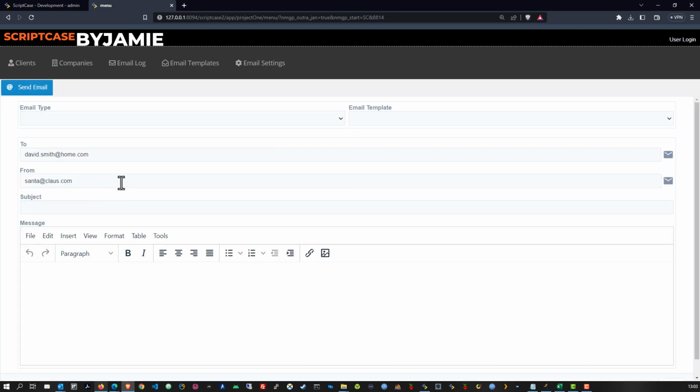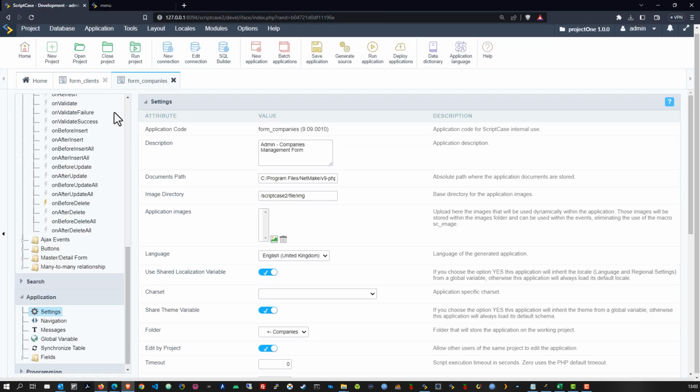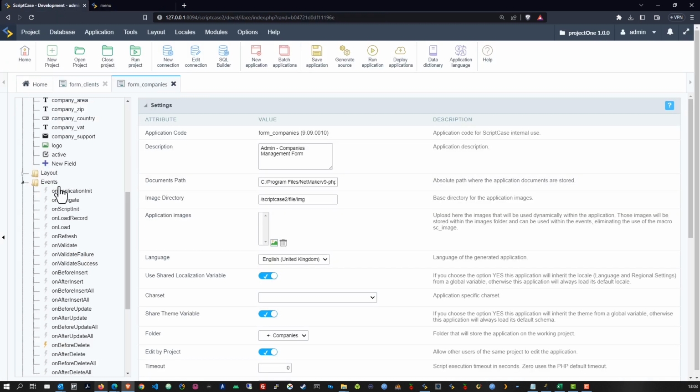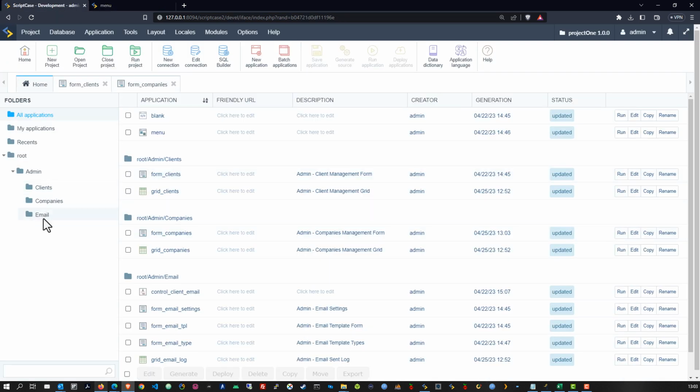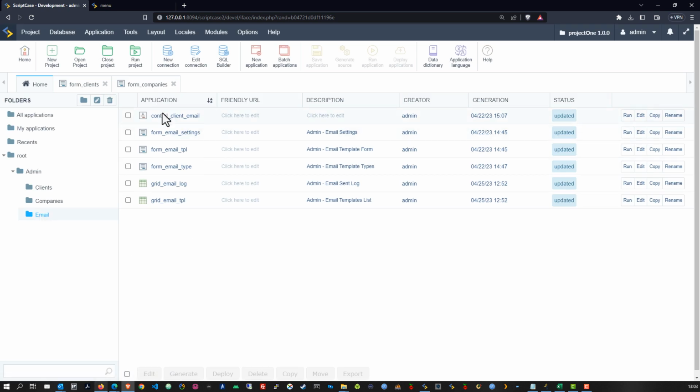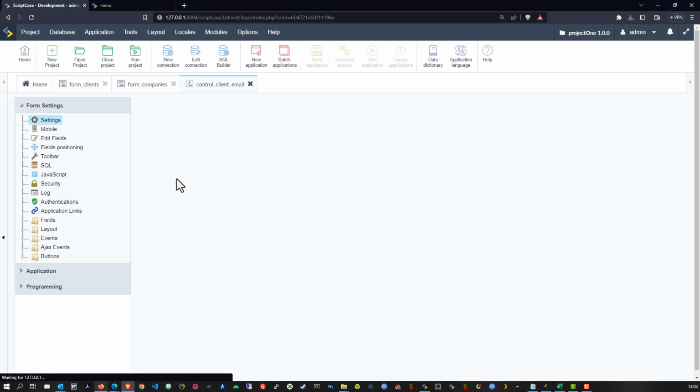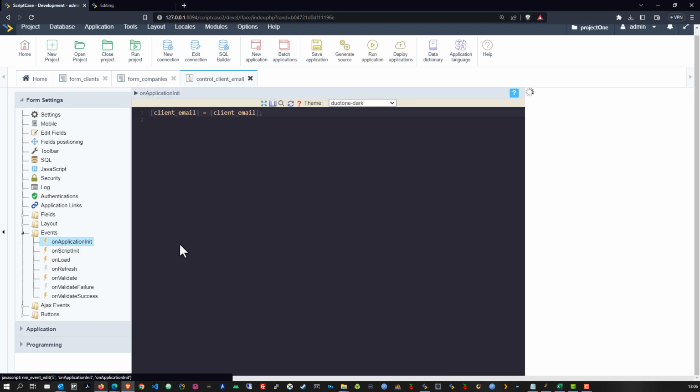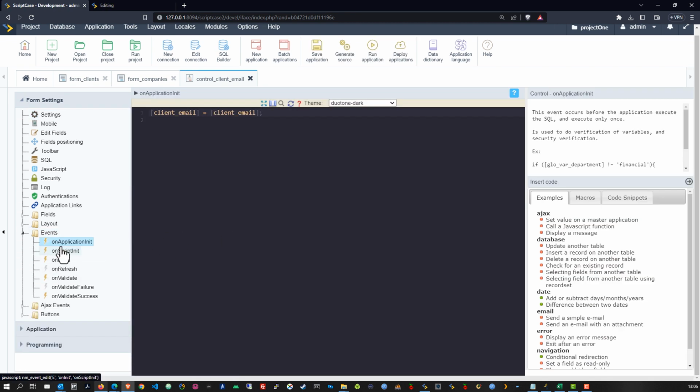Okay, so I can click here on the send, and I have here a send email. The "to" here wouldn't exist later. This should actually not be there on a live system, because within the development environment, it will still pass the variables along, even though they should no longer exist. But we can actually go ahead and enforce that. So let's come back here to our home, and we have the application here in our email folder, and open the control client email. So to change that, we can access here our on application init, and here we have our client email